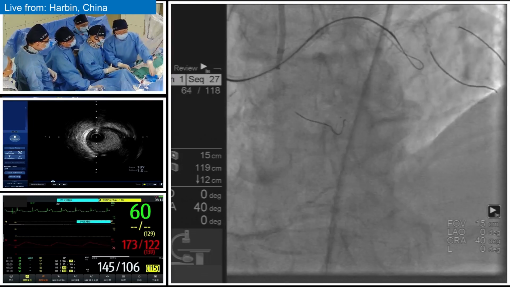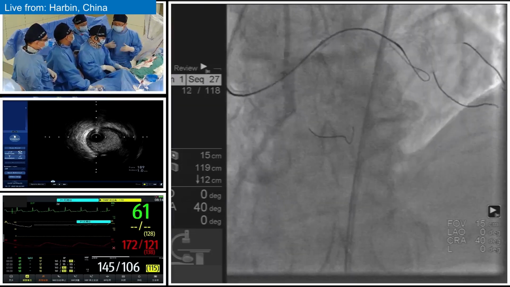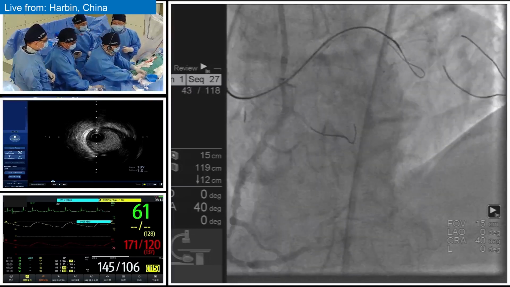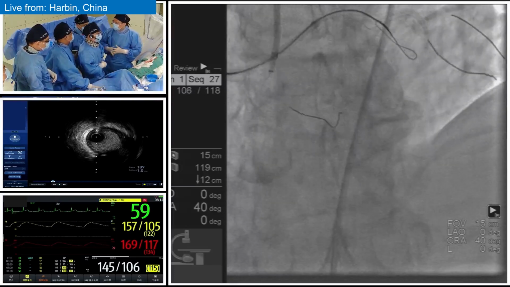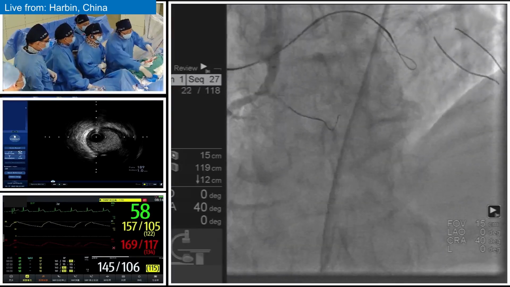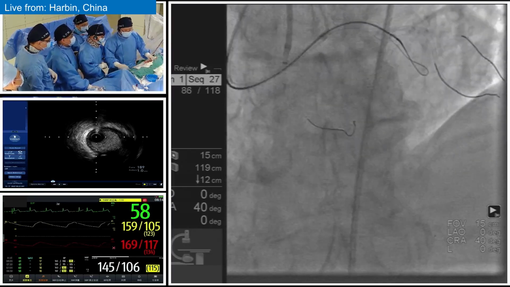Because we also use a very soft hydrophilic wire to make the knuckle, the knuckle should be relatively smaller than a pellet, 150 or 200 wire, but still make a relatively large dissection